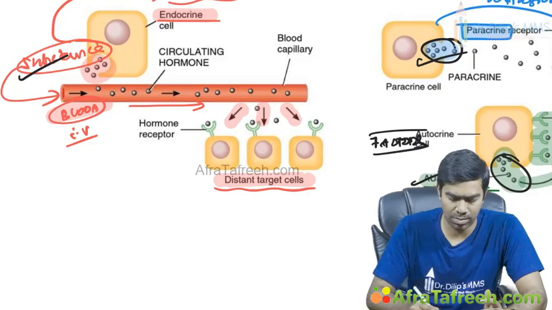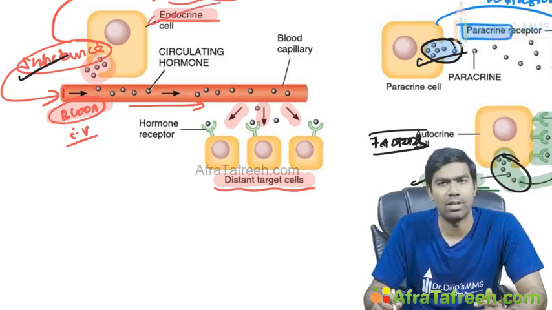Clear? Autocrine is important only in two areas. One is early embryogenesis, where these cells have to proliferate very rapidly so that they secrete some factors which act on themselves so that the proliferation will be doubled or tripled. So this is a typical example of an autocrine mechanism. And second is malignancy. Again, the proliferation should be exponential and they grow very rapidly. So for that, they secrete a lot of growth factors which act on themselves, and that's another example of how the autocrine system works. Endocrine, you have a lot of examples because in this entire chapter, we are going to discuss the endocrine principles only.